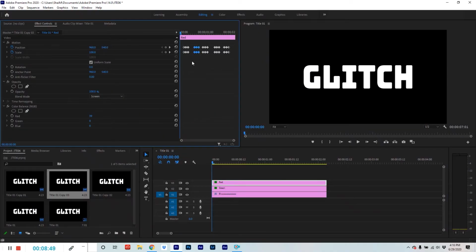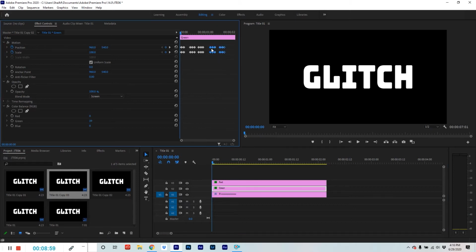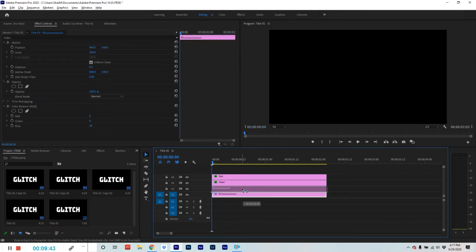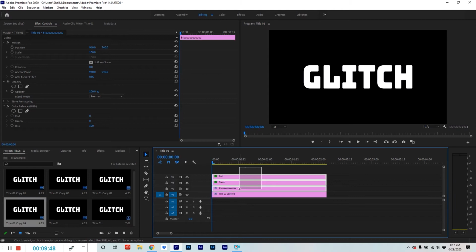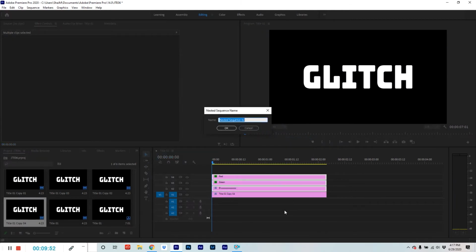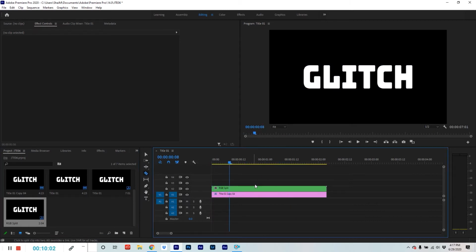We can just bring some keyframes closer. And we can do the opposite. We can bring these out further than each other. Let's move these two layers up and we'll just replicate the blue layer. So now let's make a nest and we'll nest the top 3 layers and we'll just call it RGB split. Boom. So now if we watch, it looks exactly the same, but what we can do is animate